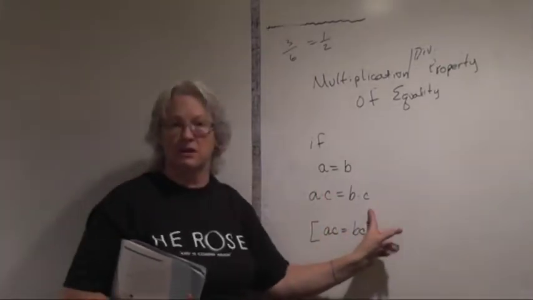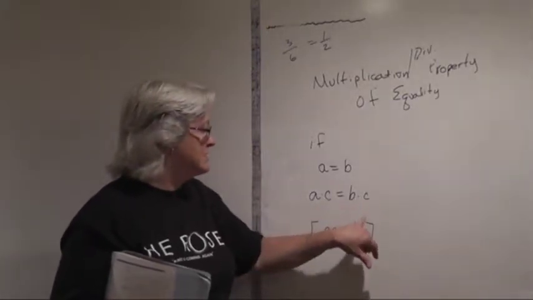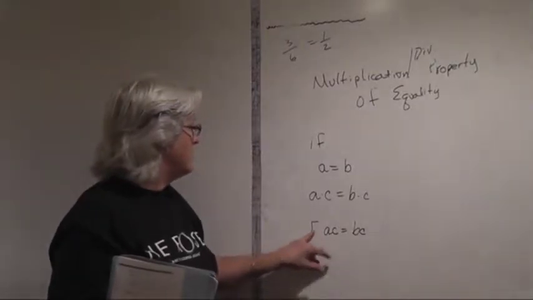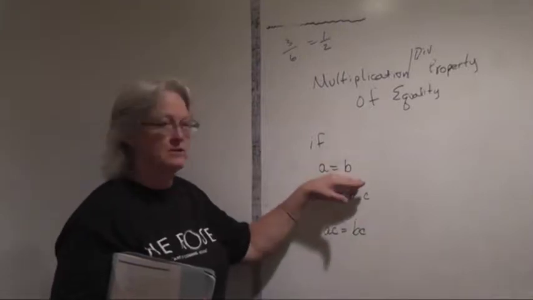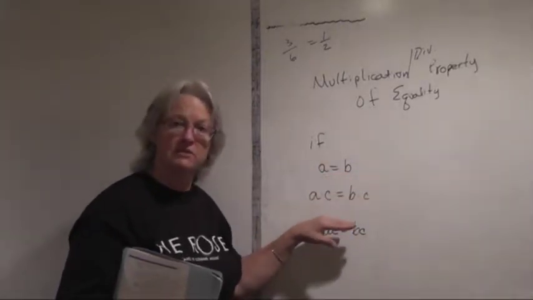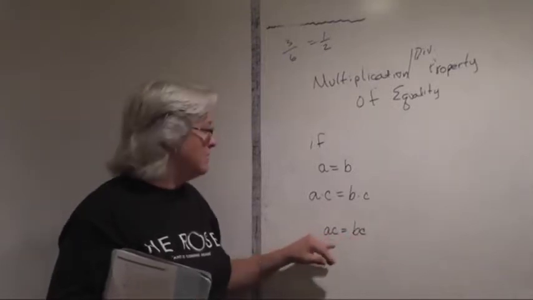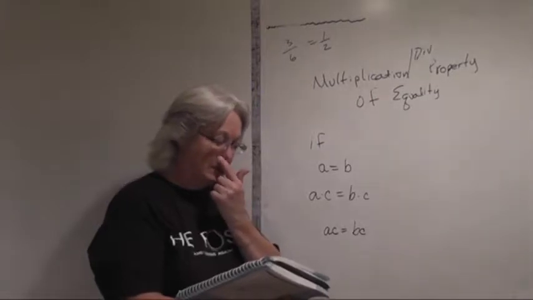So, if A and B have the same value, you multiply both sides of that equation by some value or some expression. It's the same, C is the same. Then that equation is still balanced. If A is equal to B, you multiply both sides of the equation by another number, then your resulting values on either side of the equation are the same. The same thing